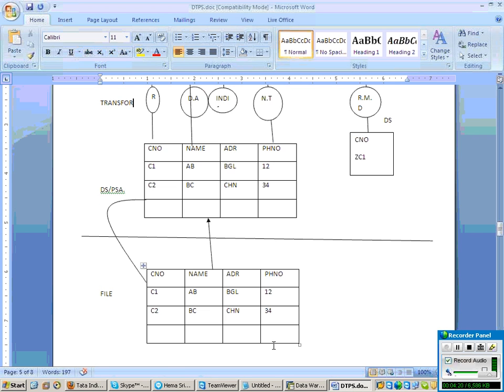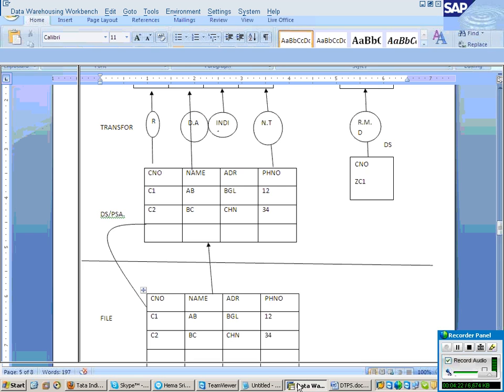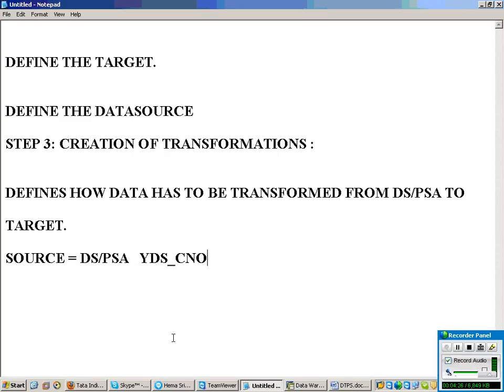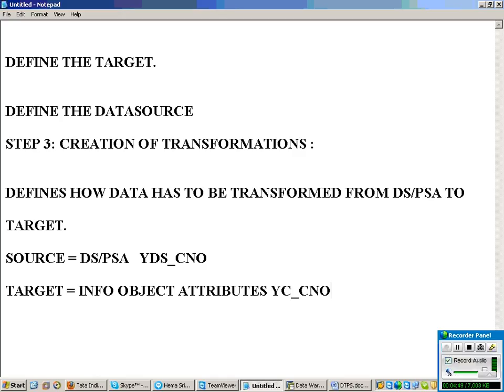What is the data source name? We have created YDS underscore CNO, right? Then what is the target? When you want to create a transformation, first analyze from where data has to come and to where data has to go. That is your source and your target. I came to know the source is my data source. The target is, under InfoObject, the attributes. And the target name is YC underscore.